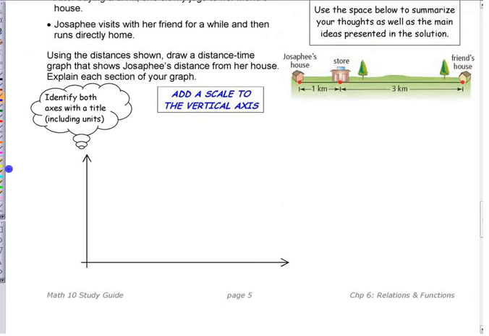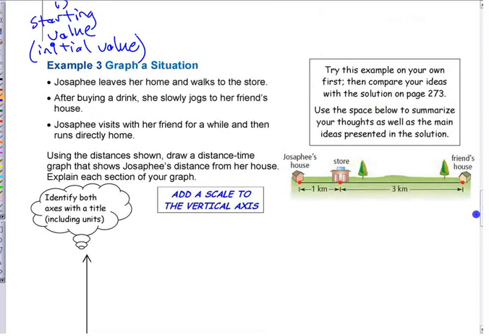Make sure you read carefully what you're asked to draw a graph of. First of all, it gives you a situation. Josephine leaves her home and walks to the store. After buying a drink, she slowly jogs to her friend's house. Josephine visits her friends for a while and then runs directly home. Okay? It doesn't give you any times involved, but what are some key words in there that you need to